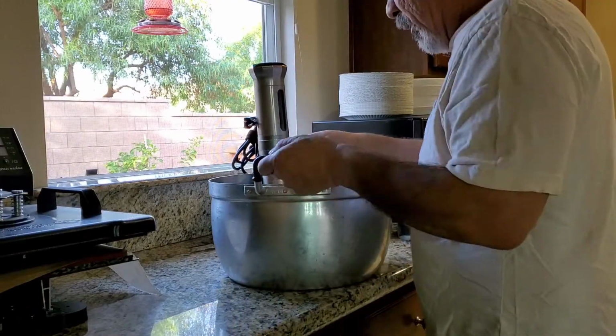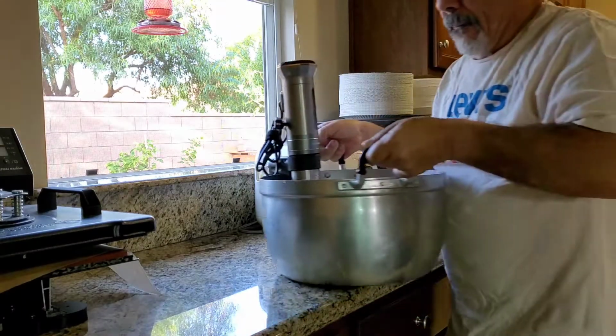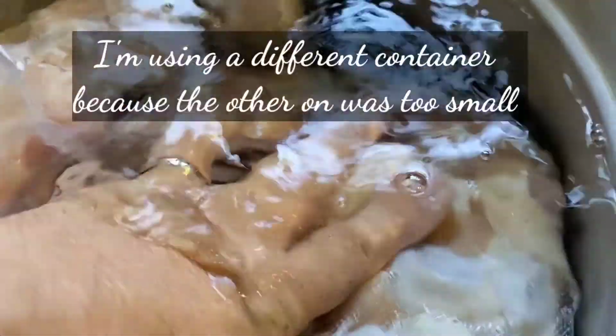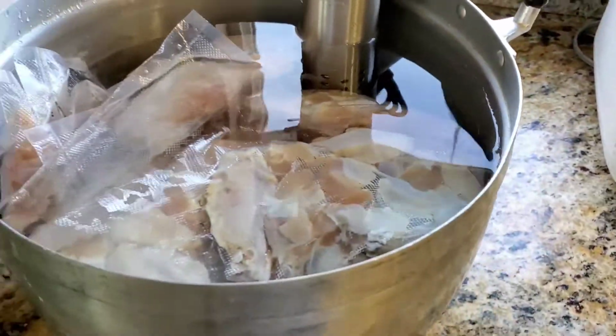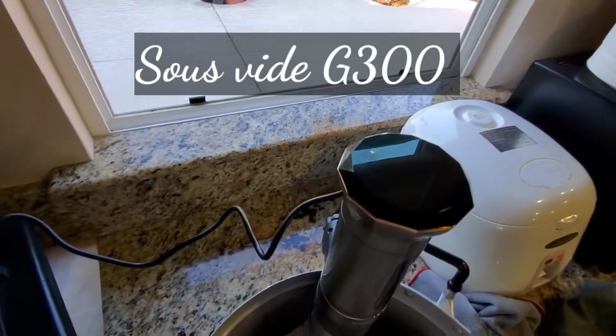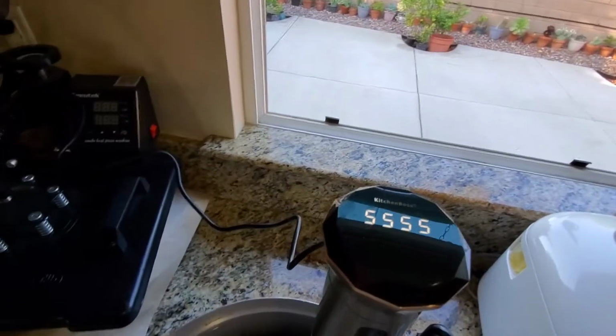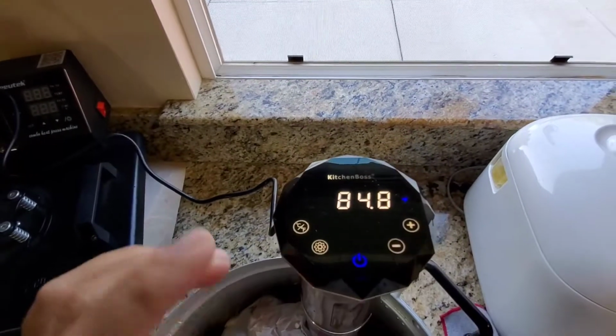Now I had to fill it up with water. So here it is, just barely underwater. That should be good enough. And let's see, so I'm gonna plug it in right here and you'll see what happens when I plug it in. Okay, so now